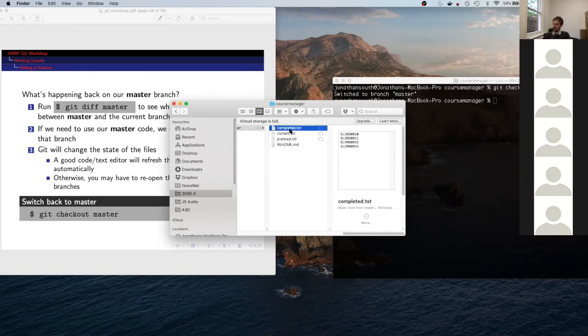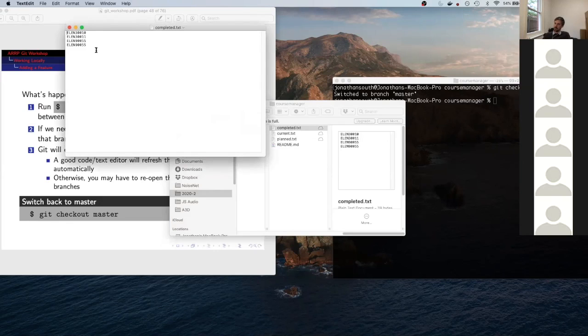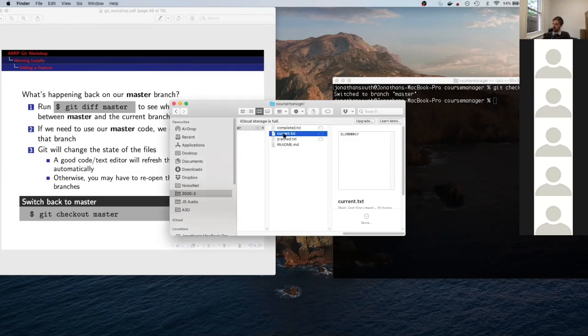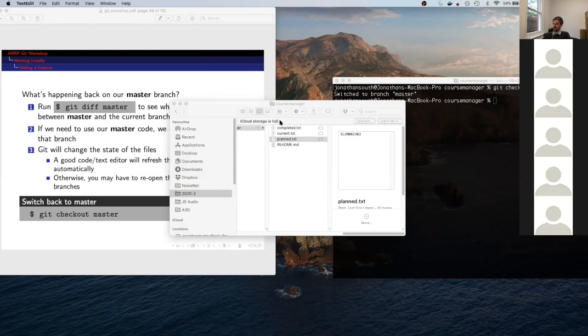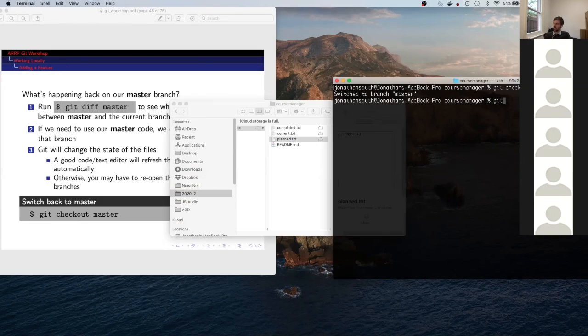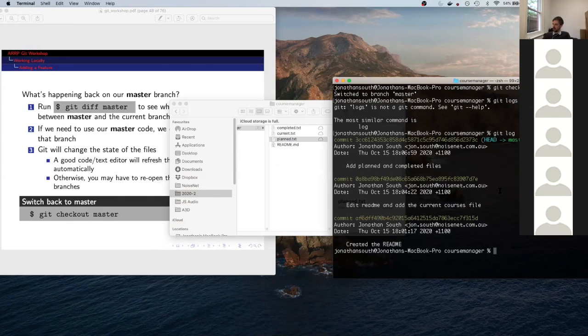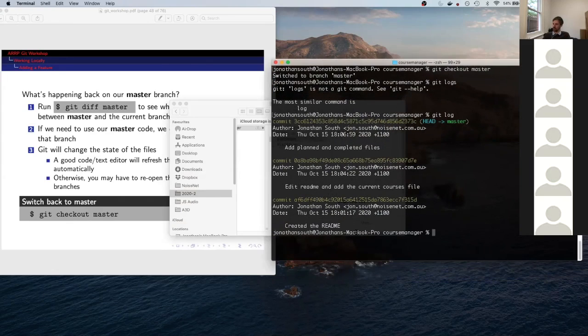My master branch only has just the course codes. So there's no course name. We did all those improvements on the improvements branch. I'm on the master branch at the moment, so it's only got the code as it exists. It's only got the code from those commits that were committed to the master branch, which was the first 3 commits. We created the README, we edited it and added the current courses file, and we added the planned and completed files. If I switch back to